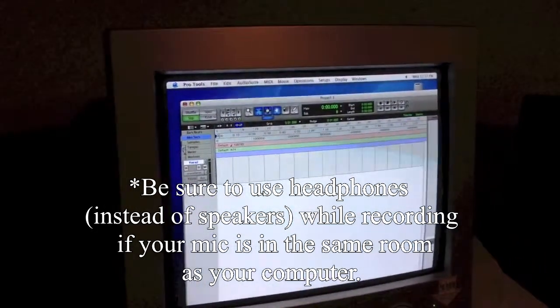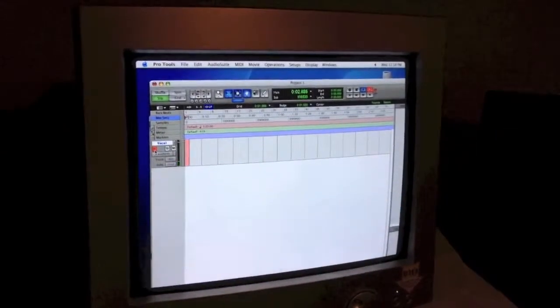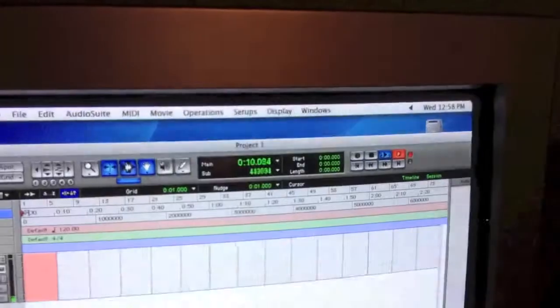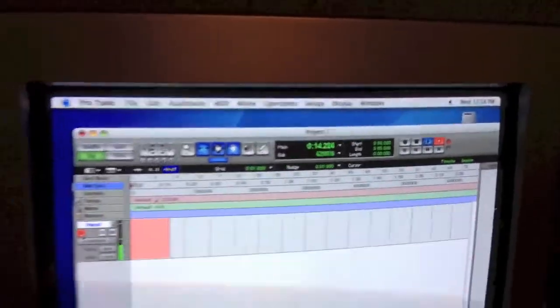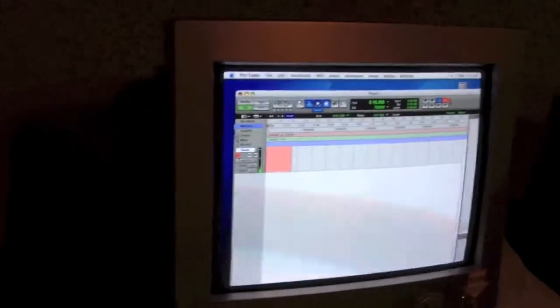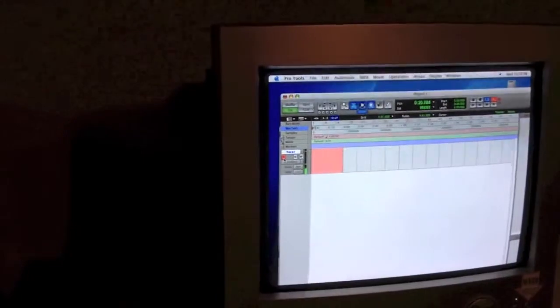Normally you probably want headphones rather than speakers just so you don't get feedback loops and all that. You can push 3 as a shortcut to start recording, or you can push record on the transport. That works also. So hey, we're recording, we're talking in there, we're saying, hey, what's up? Seeing levels, you see the little green thing that's jumping up and down, that means you're getting signal,